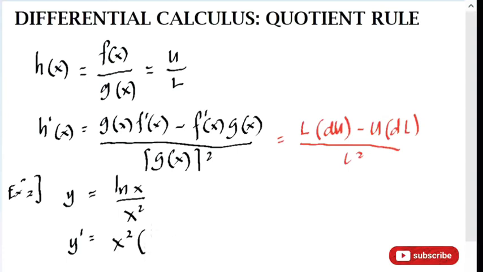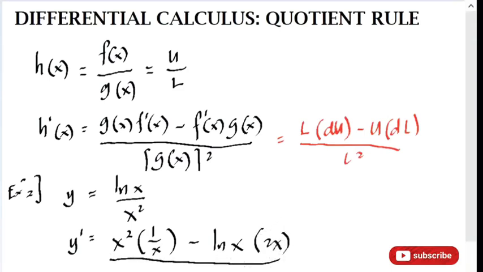What is the derivative of ln of x? That is 1 over x, minus the upper, which is ln of x, times the derivative of the lower. What's the derivative of the lower? That is 2x, all over